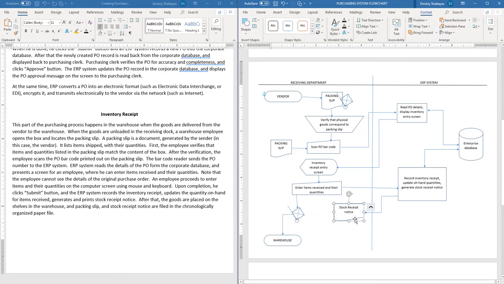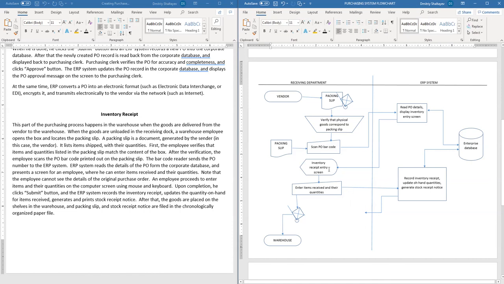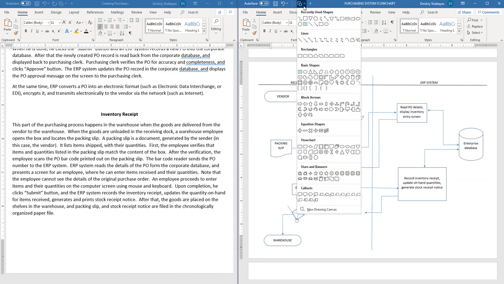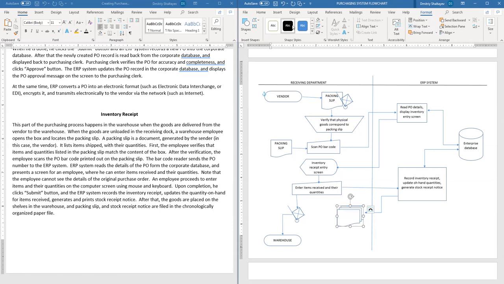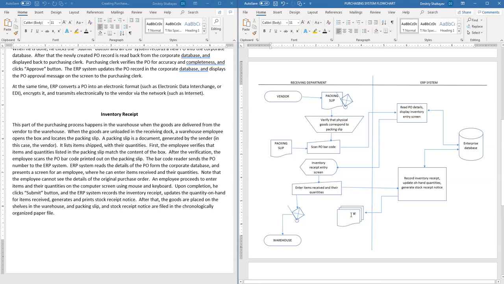Alright, but stock receipt notice and the original packing slip, they go into the paper folder. Well, for that actually I'm going to use a different document, so let me erase that document, because there are really two paper forms that I'm filing, right? The packing slip and my report of the received items. I'm gonna use another symbol which looks like a document, but they're all stacked together, so it's a multi-document symbol. So there you go. And I'm going to say over here it's the packing slip,